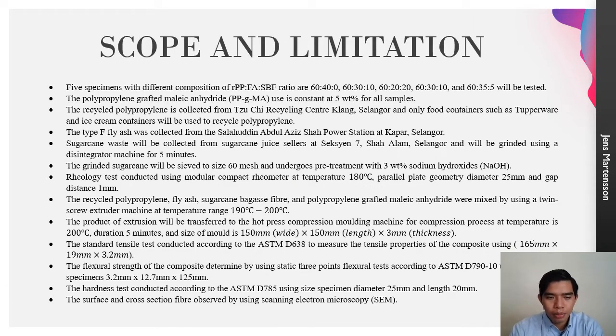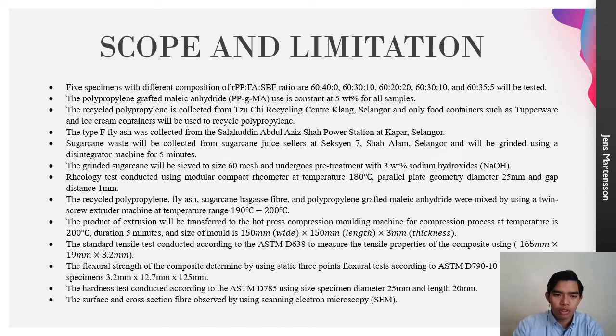The scope and limitation. 5 specimens with different composition of recycled polypropylene, fly ash, and sugarcane bagasse fiber ratio will be tested. The polypropylene grafted maleic anhydride used is 5% per sample. The recycled polypropylene is collected from Zhu Chi Recycling Center at Kelang, Selangor, and only food containers such as Tupperware and ice cream containers are used